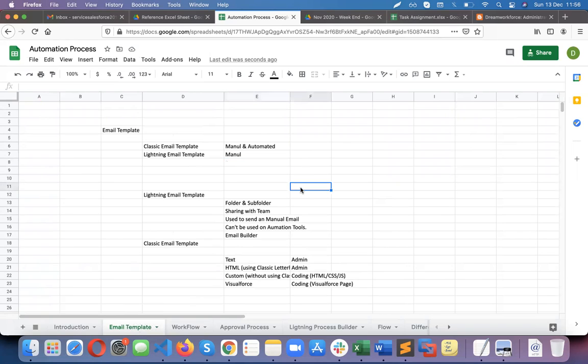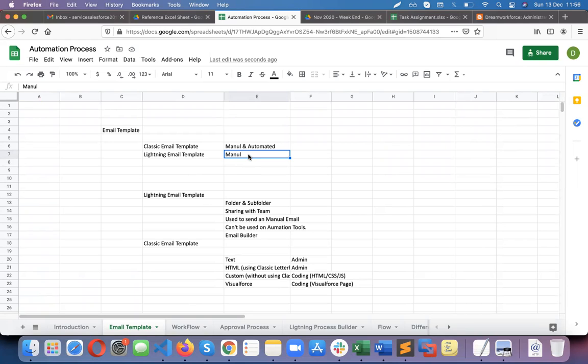Sorry, I'm back. So at the moment, the lightning email template cannot be used for automation. We cannot use workflows, approval process, process builder or flows. Only the classic email template can be used to automate. But to send them manually, yes, we can use the lightning email template.